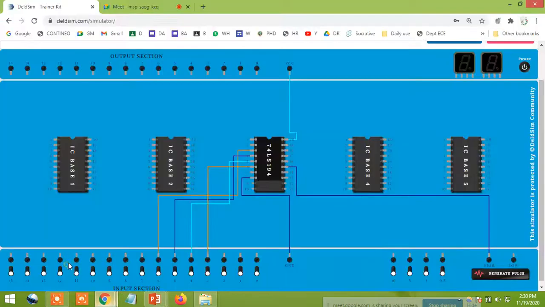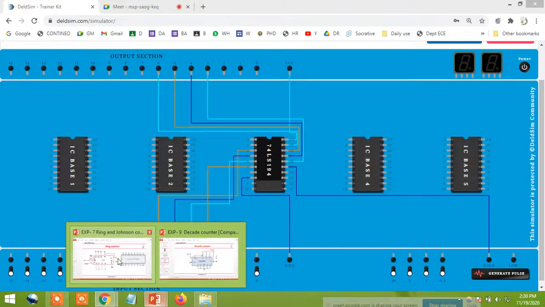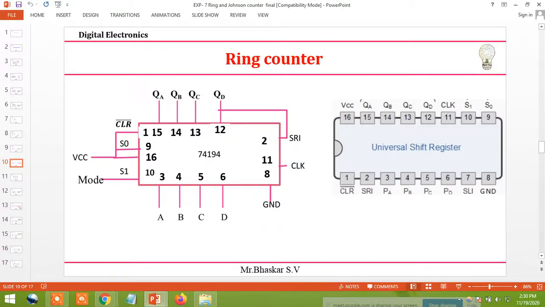Do that connection, these are the outputs. This is QA, this is QB, next it is QC, and next it is QD. See here: QA, QB, QC, QD, 15, 14, 13, 12, as in the diagram.